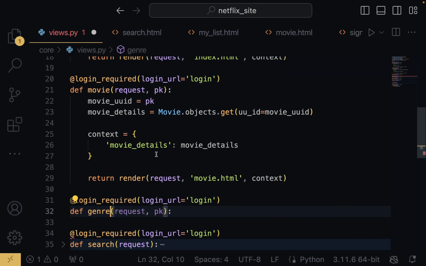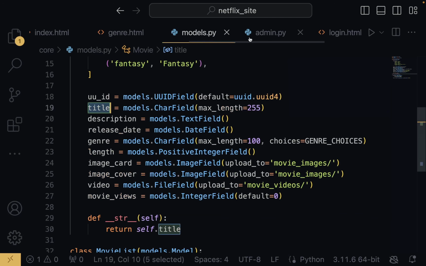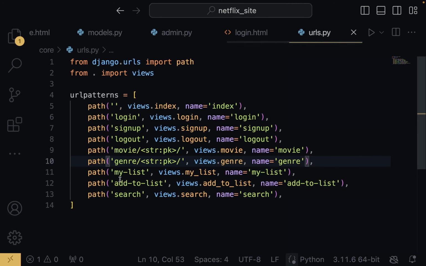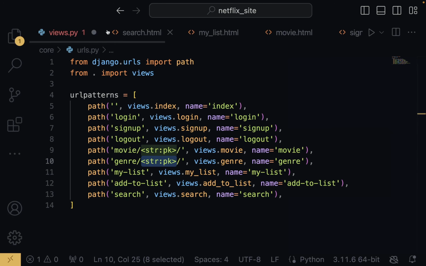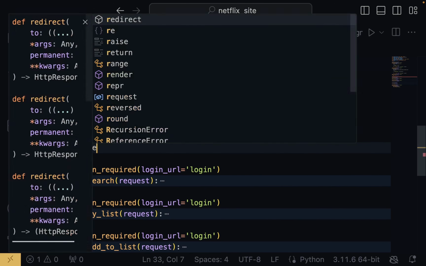Now as you can see, we are doing the same thing we did for movies, where we add a dynamic URL. This is because we want to have something like genre slash the name of the genre, then it's going to show all the movies relating to that genre. So we're going to come back in here, we're going to get the name and store it as PK. And for now, we're just going to return